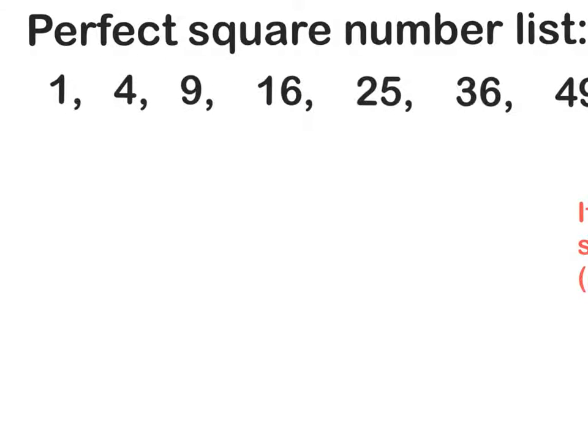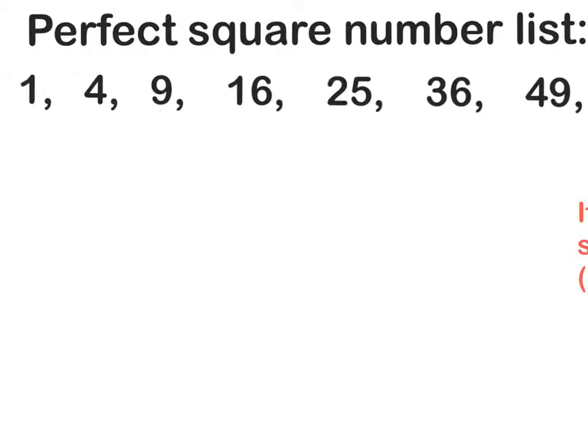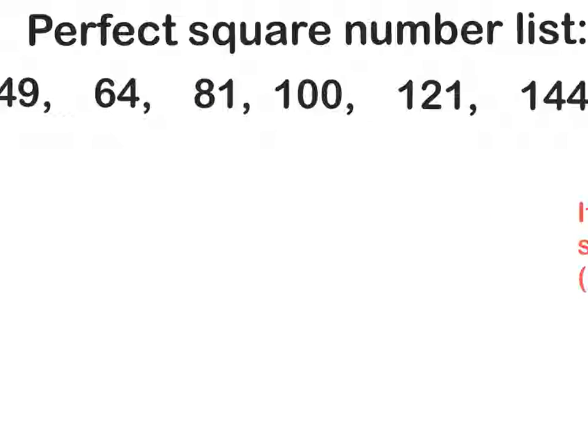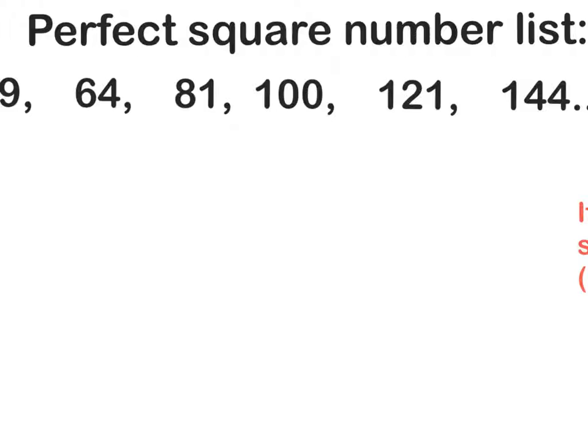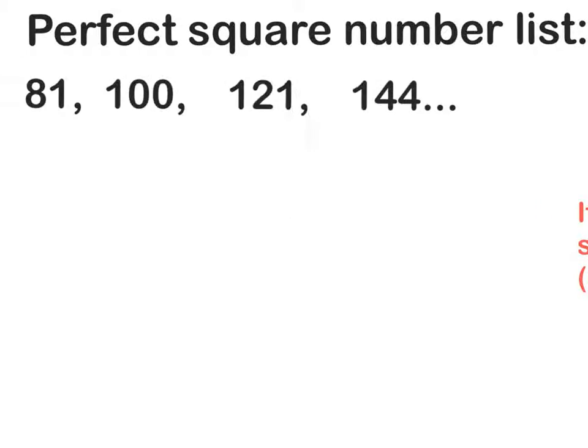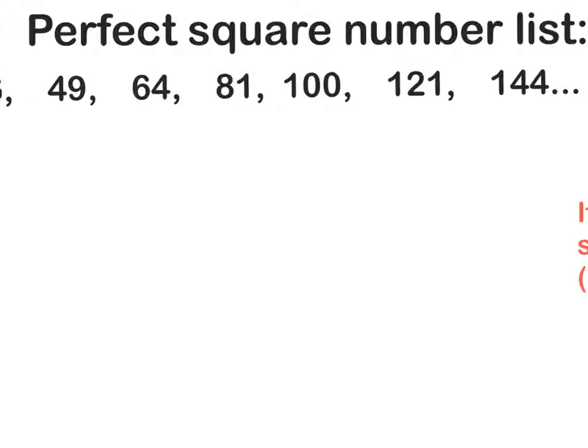Where am I getting these numbers from? I am simply squaring each number. So if I say 1 squared, 1 times 1 is 1, 2 times 2 is 4, 3 times 3 is 9, 4 times 4 is 16, and so on, till you get all these numbers. 8 times 8 is 64, 9 times 9 is 81, 10 times 10 is 100, 11 times 11 is 121, 12 times 12 is 144. So ladies and gentlemen, this list right here